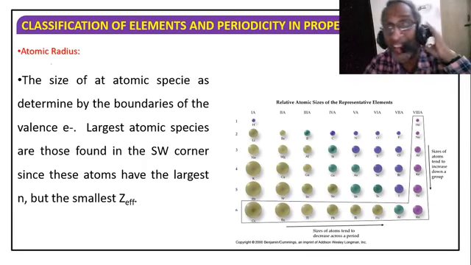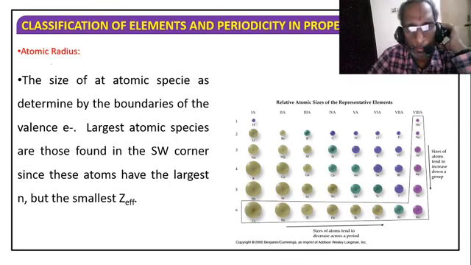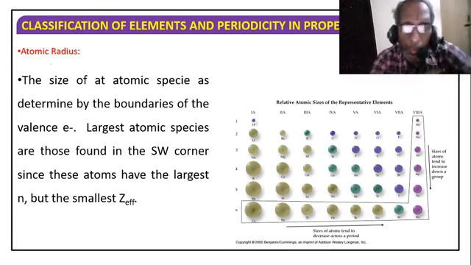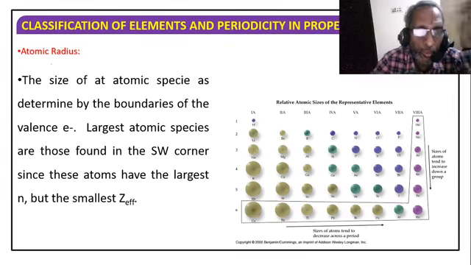So that is the case of electron gain enthalpy. When an atom gains an electron, it will give energy. When we want to remove an electron from an atom, we have to give energy. Third one, fourth property. Let us see only the properties now. Then we will see the trend once again in the next class. The fourth property is electronegativity.